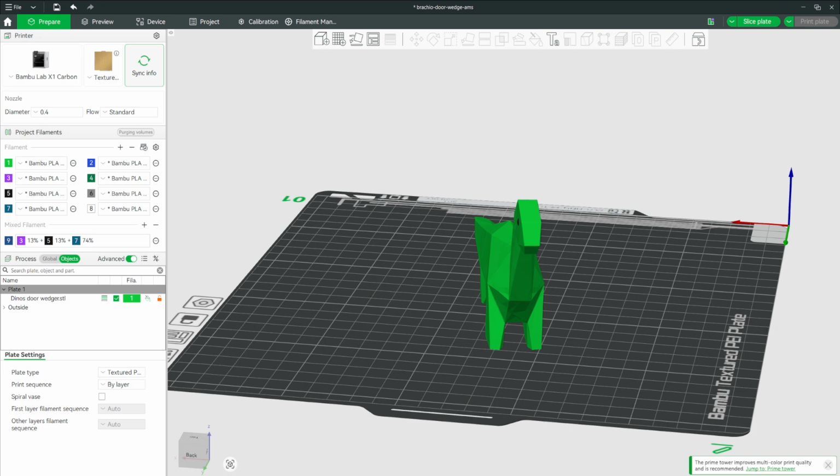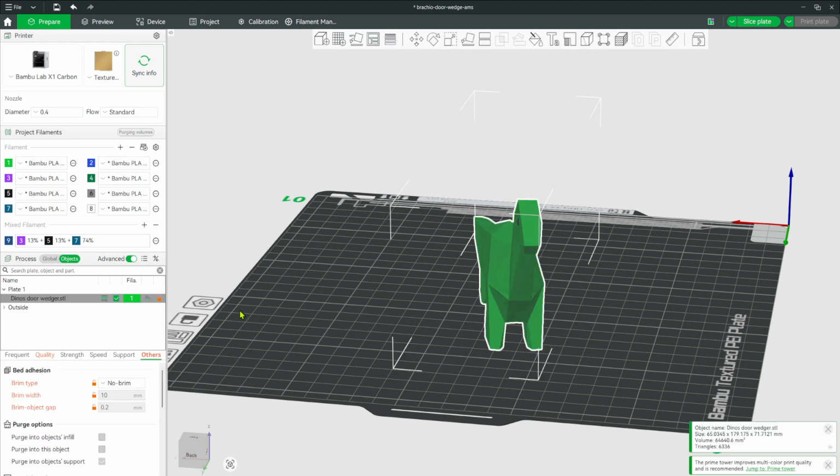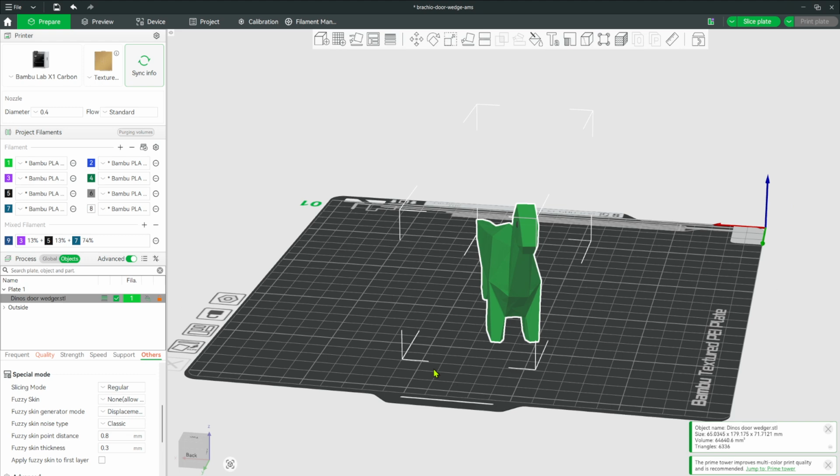in Bambu Studio. So look at the left side settings panel and make sure that you have the advanced toggle switched on. Then select your model and then go to the Others tab. Scroll down to the print sequence section. Print section. So if you don't find it, as I do, what else we need to change is here in